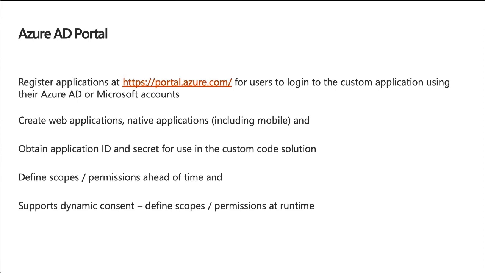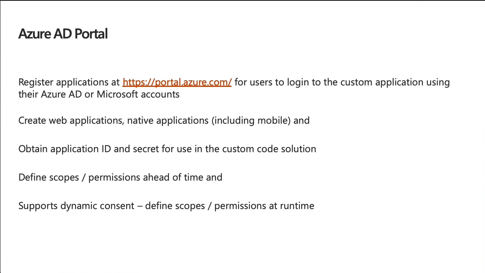So what you're going to want to do is use the Azure AD admin portal to configure and create your application. If you have an Azure subscription, you can use the Azure portal to do that. But if you don't have an Azure subscription, you can log in using aad.portal.azure.com. And that's going to allow you to log in either with an Azure AD account or a Microsoft account